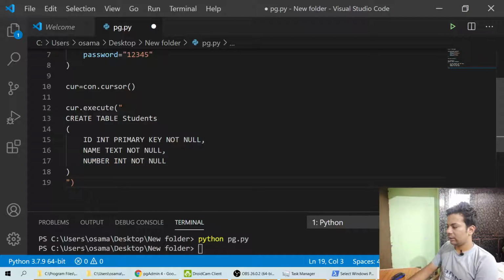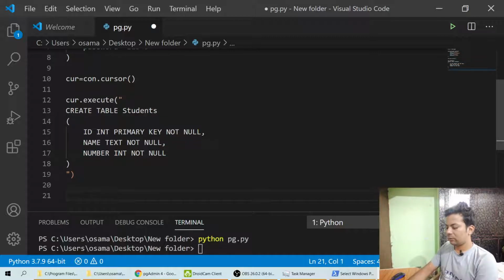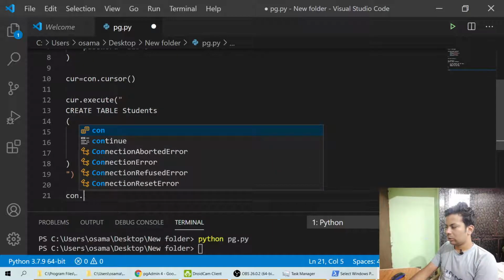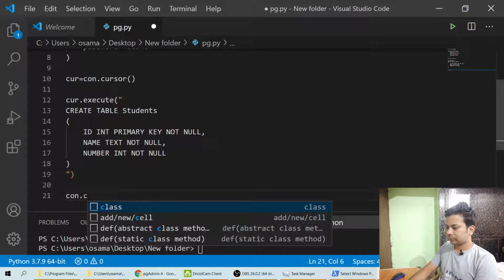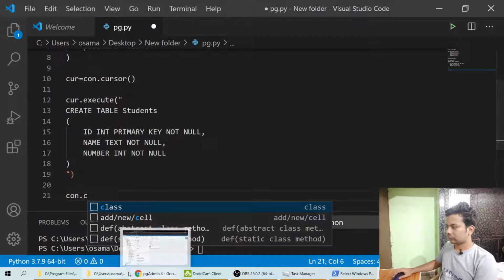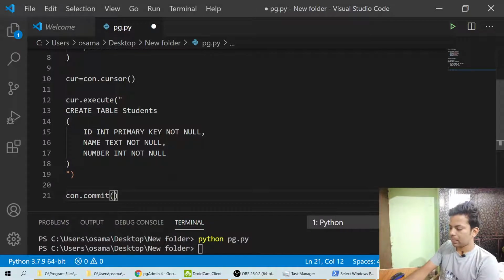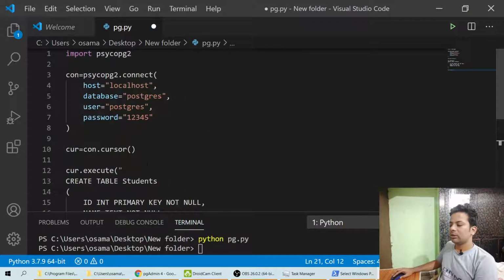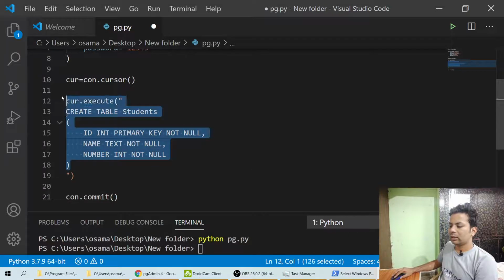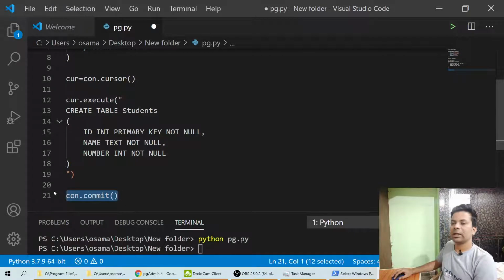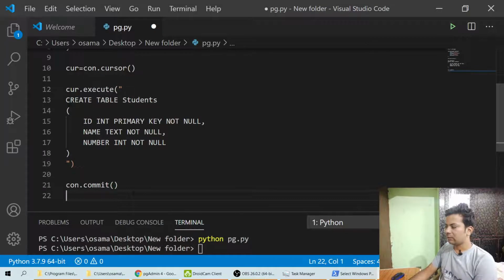After that, here you have to do con dot commit. See, con.commit means okay, you have executed these things. Are you sure you want to do these things? It will save. So you are saying okay, I want to commit it. I am 100% sure. So this is called con.commit.